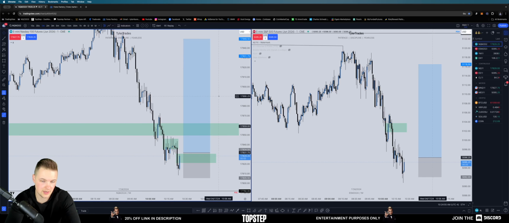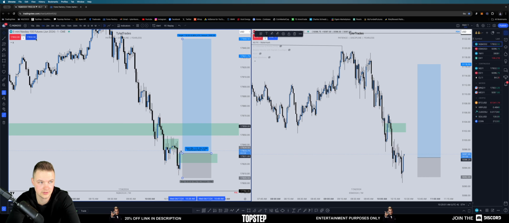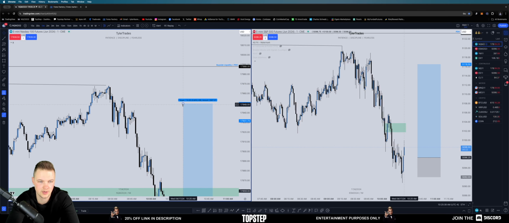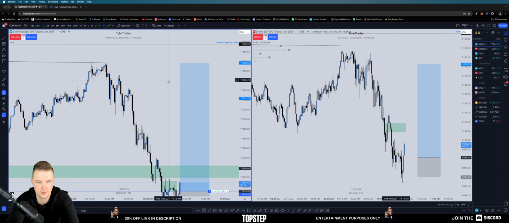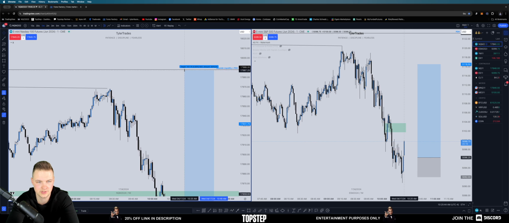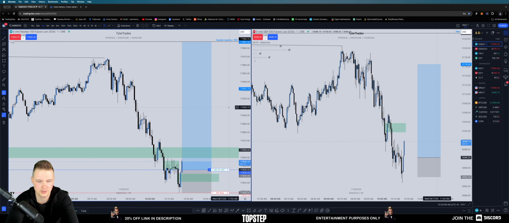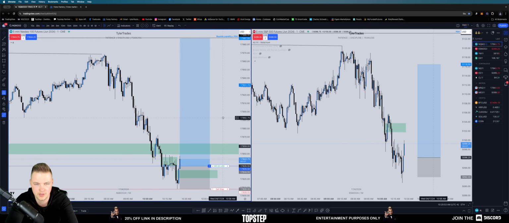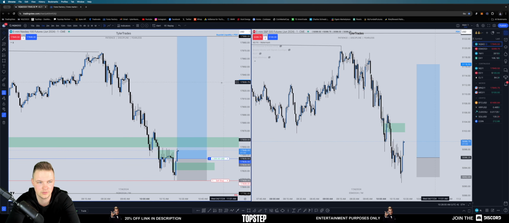Same thing, guys. I'm still going to long this if we inverse. Okay, we inversed. I'm doing it. Order filled. Didn't get a good fill, but yeah. I'm looking to draw it up towards these highs. I don't know exactly when I'll close. I probably won't hold it all the way up here because this is a big move, 100 and some points. You can hold it if you want, but I'll be honest, I probably don't got the nerve for that. Plus, this is my XFA, and I'm really trying to get above that buffer, so I need to secure what I can. We'll see.